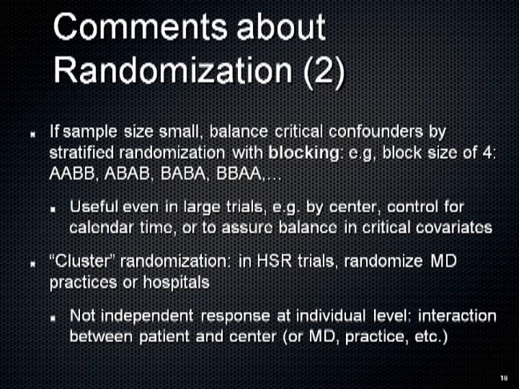If the sample size is small, you can balance critical confounders by stratification with blocking. Now, stratification is something, again, that you need to understand. The purpose of stratification is efficient comparisons, or, more to the point, avoiding really bad comparisons. So if you don't do any stratifying, your likelihood of, for example, ending up comparing a 98-year-old male to a 50-year-old female increases. Now, that is a comparison in which you might detect the influence of the treatment, but far and away more likely is that those differences are likely to be washed out.